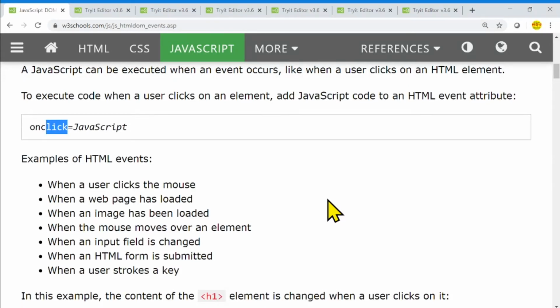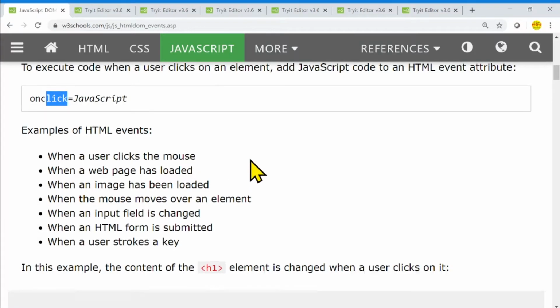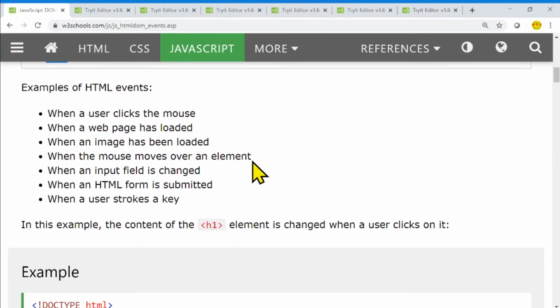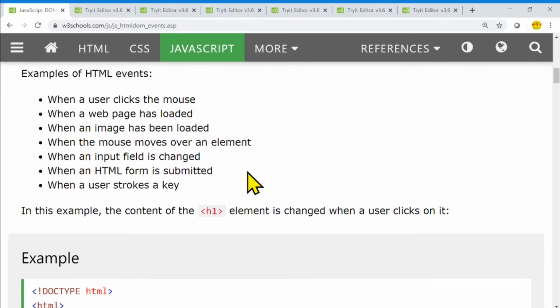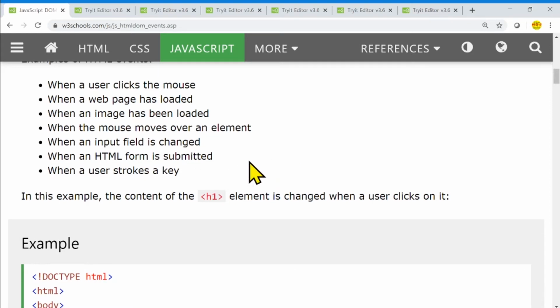There are so many different kinds of events. So some events are enumerated here. When a user clicks the mouse, when a web page has loaded, when an image has been loaded, when the mouse moves over an element, and when an input field is changed. Sometimes an HTML form is submitted. All of those are events. When a user strokes a key,